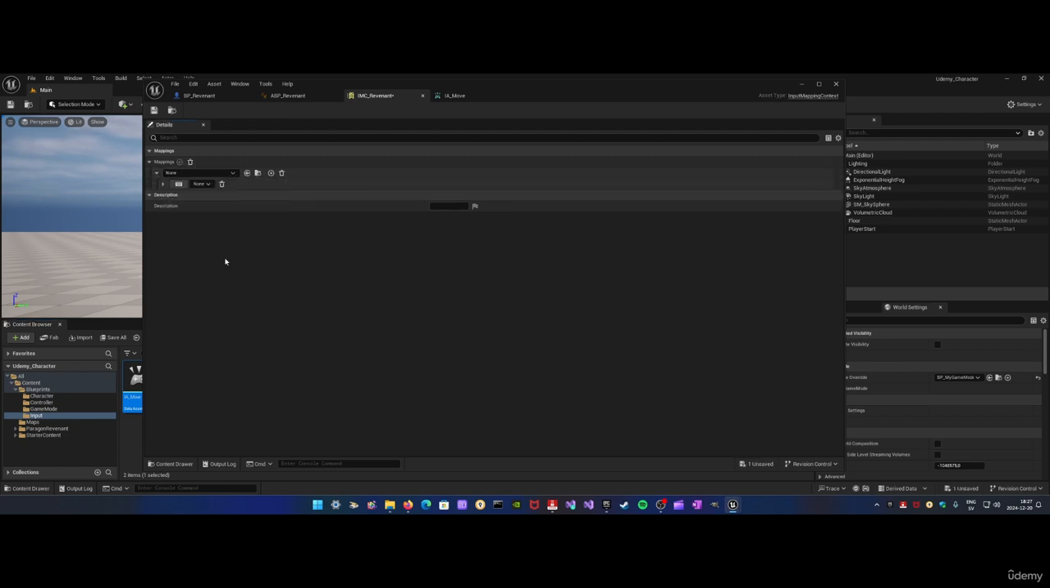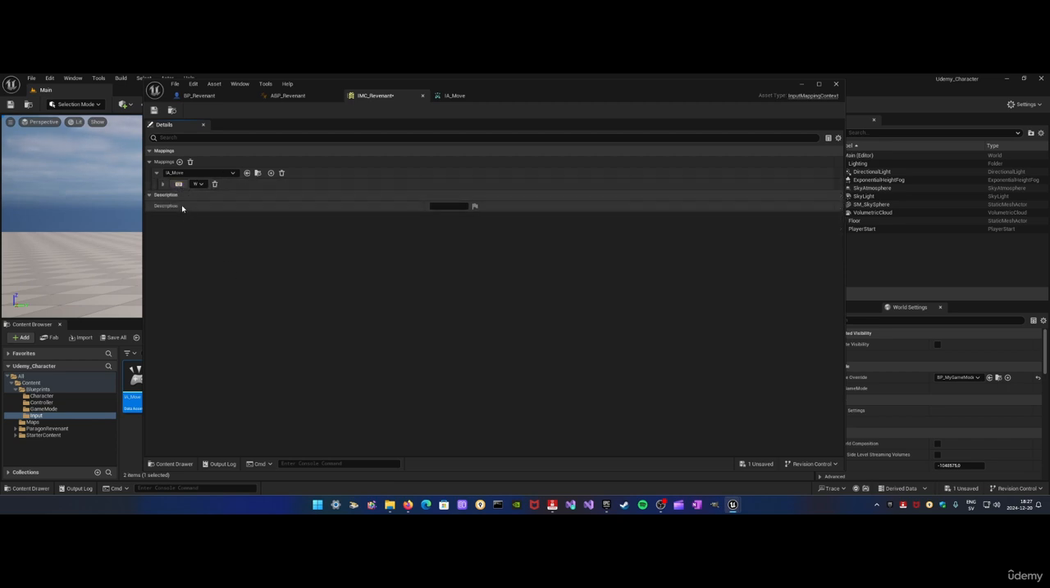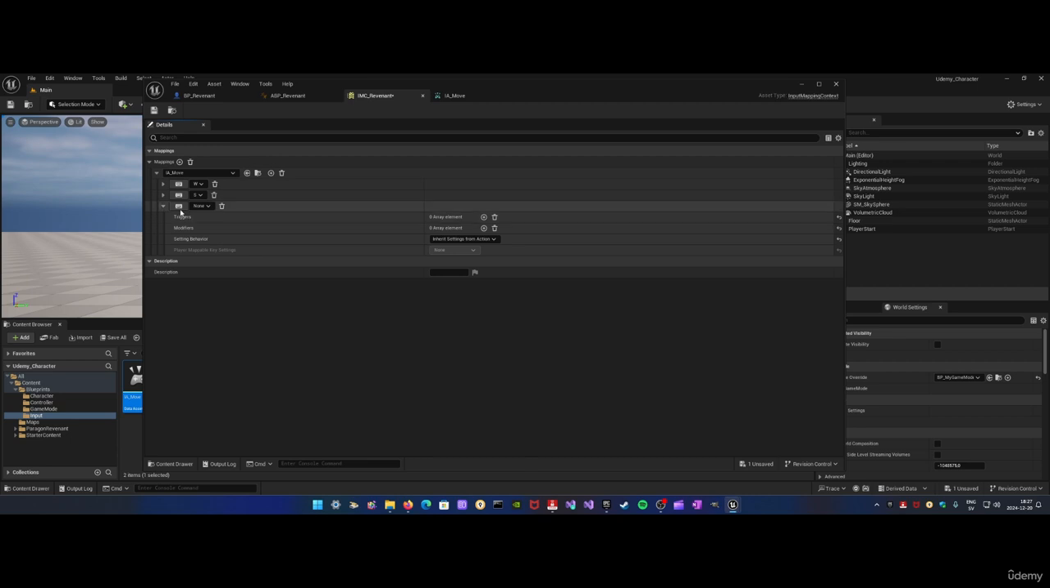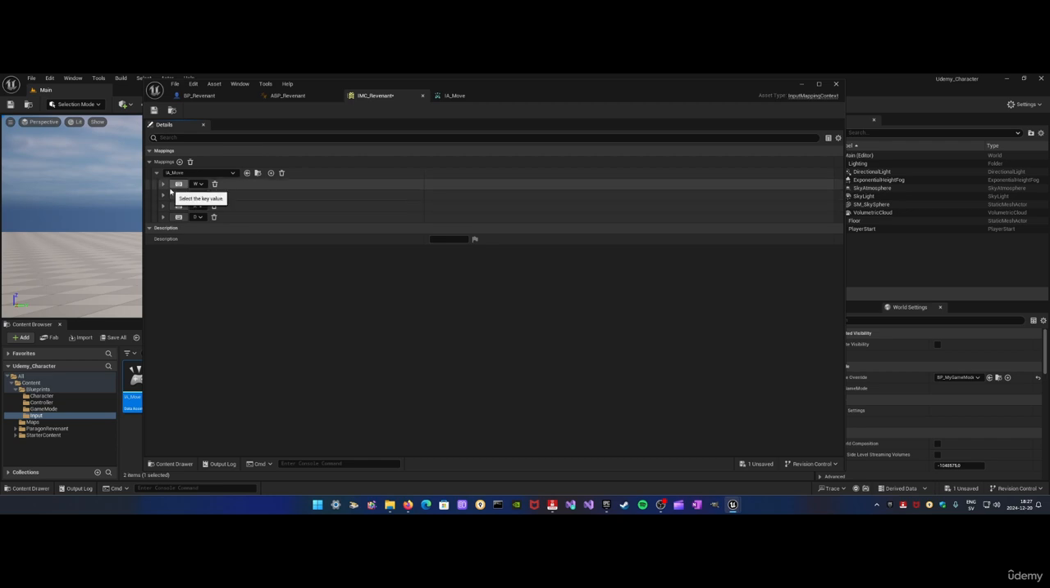So I'm gonna click on move and expand this and make sure to click on this button so it becomes orange, click on the W, and then you can click on the plus because we are going to add more to this, and the S key, click the plus, the A key, and the plus for the D key. So how are we going to do this? Well, if you expand this,